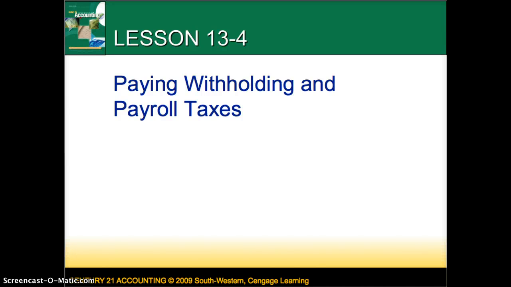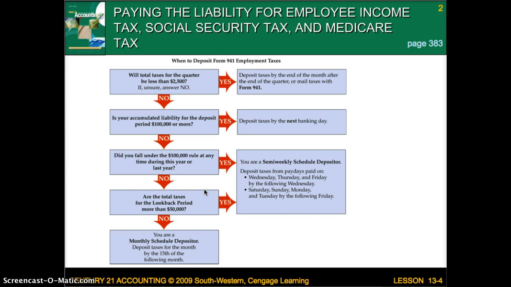This is 13.4, paying withholding and payroll taxes. This is found on page 383 in your book. The first thing that we need to talk about is that companies pay the liability for employee income tax, Social